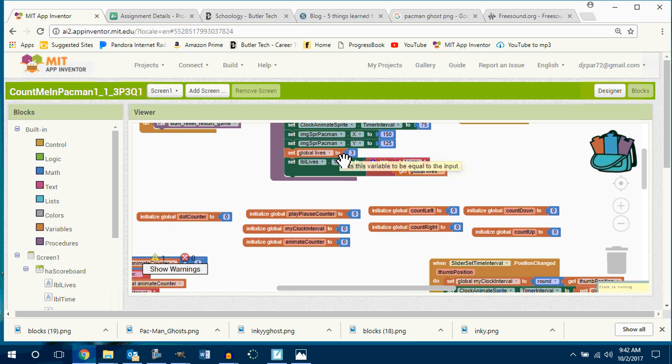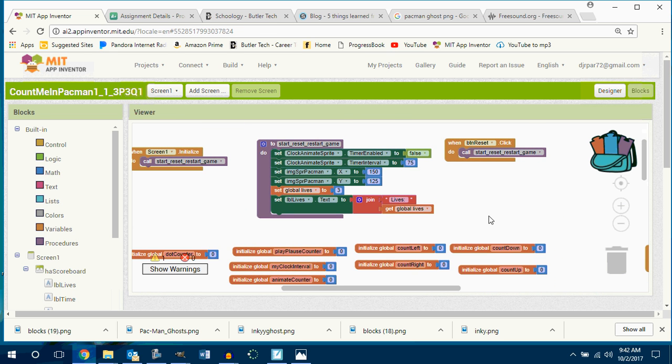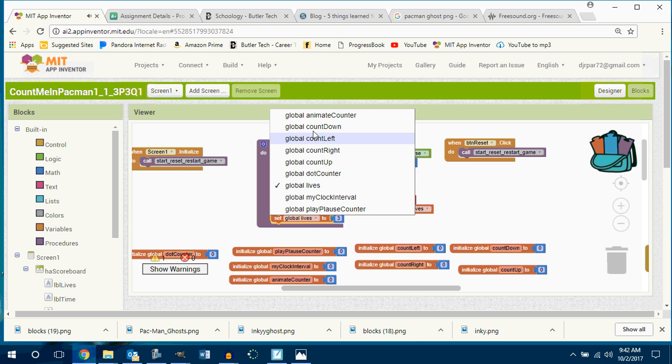When you restart the game, I already did that. Pacman's going to 150, 125. You played the game. What gets started over? Do we have time? Okay, so if we're going to reset the time, all you do is go in here and you set